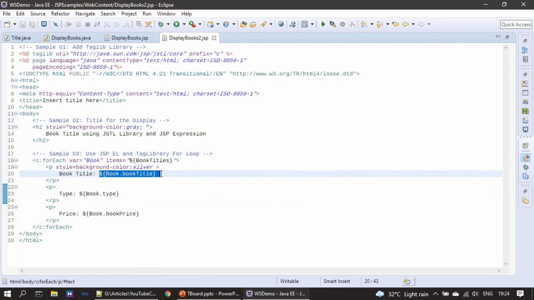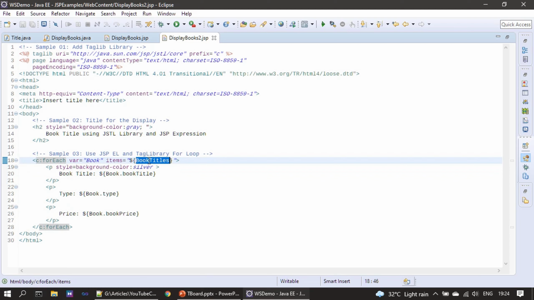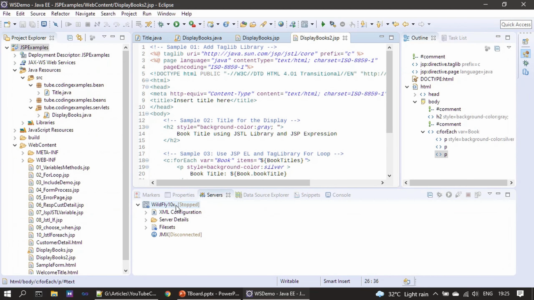So these are all the JSTL way of referring to the variable, right? The variable here is book, and book is nothing but a single entity of book titles. Book titles is an array list of title beans. So that means book here is a title bean. So we are accessing the title bean, and this is the syntax to access the variable. That means we are accessing the title bean's properties: book title, type, and book price. All right, now we will go ahead